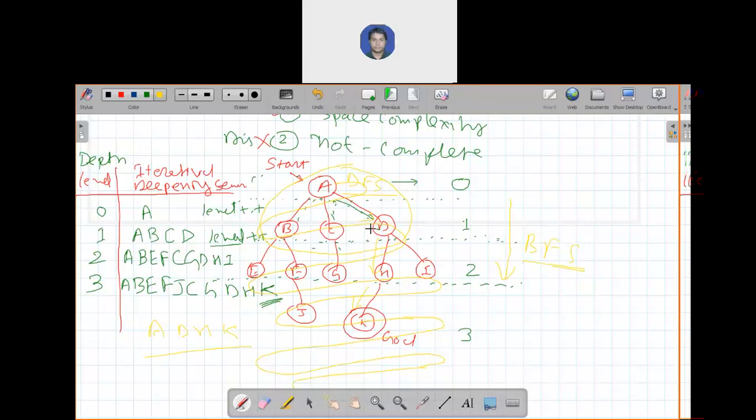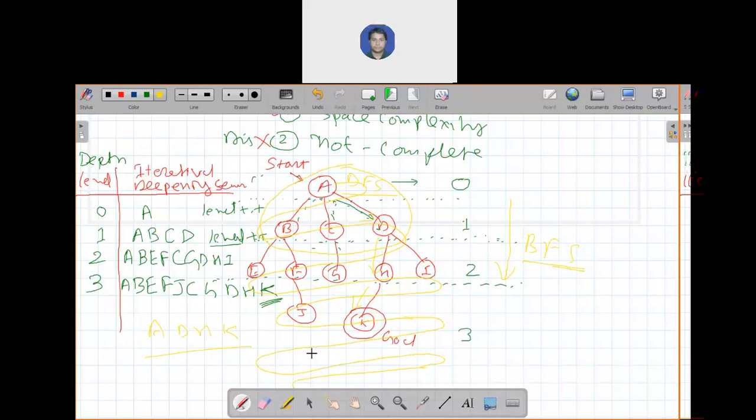Is it clear? Okay, so what is the advantage of this search technique? It's complete in nature. If there is a solution, it will definitely find it. Like the disadvantage of DFS, as you can see, it is stuck in any branch. If the branch you're selecting is infinite, you will explore that branch till the deepest point.